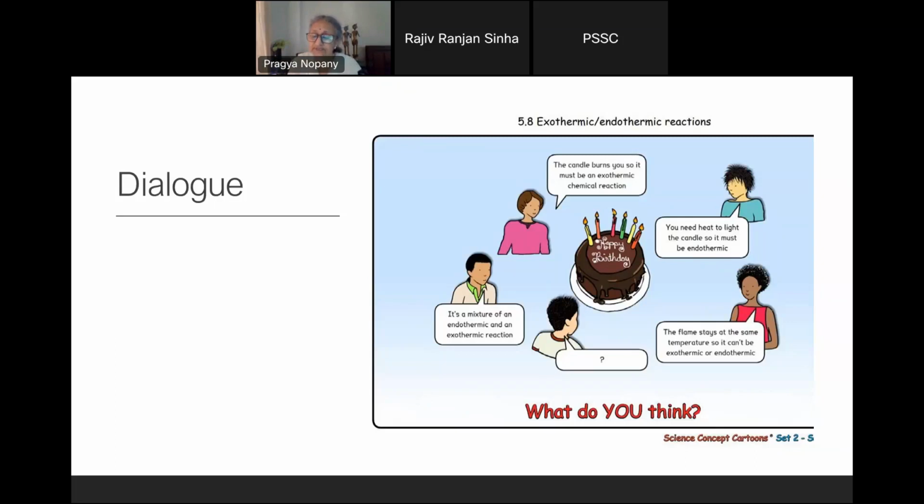And another beautiful thing about this kind of case study is, children don't feel threatened because you're not asking them directly, is it exothermic or endothermic? So they don't feel threatened that my answer may be right or wrong. It is as though they are examining somebody else's answer. So when you examine somebody else's answer, you're not so threatened yourself. So that is a very non-judgmental way of drawing out the children in the classroom to think and express their opinion. So that is how this kind of case study, I think, is preferable over direct answers.